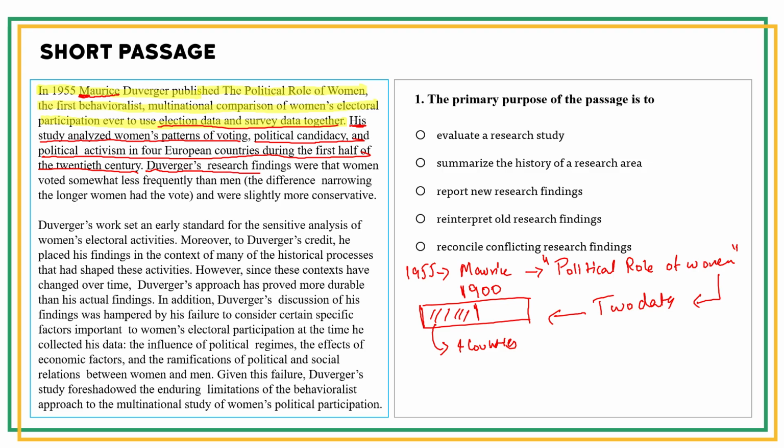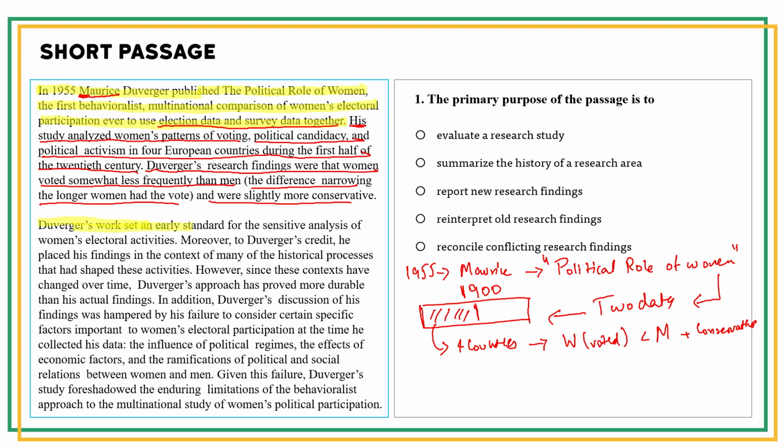Duverger's research findings were that women voted somewhat less frequently than men. Okay, so he found out that women voted less than men. All right. And the difference narrowing the longer women had the vote and were slightly more conservative, and they were more conservative. Okay, interesting times those must have been. Anyway, so